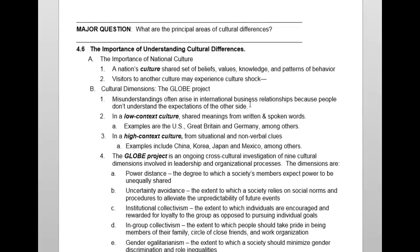And finally, we look at cultural differences, which are really big. It's really important to understand these differences because many times we are walking into another person's space and inadvertently violating what their cultural